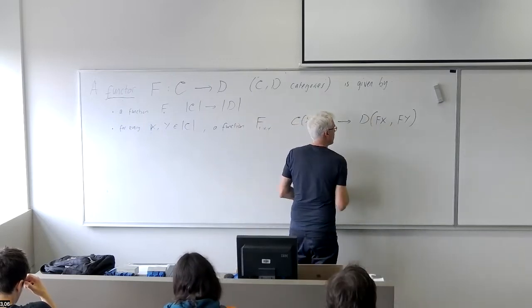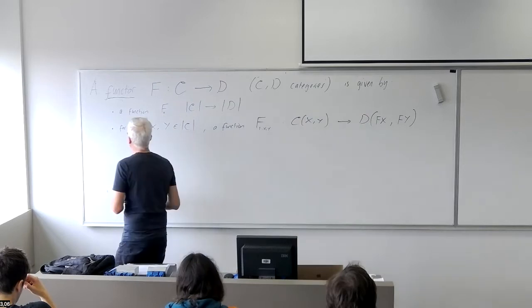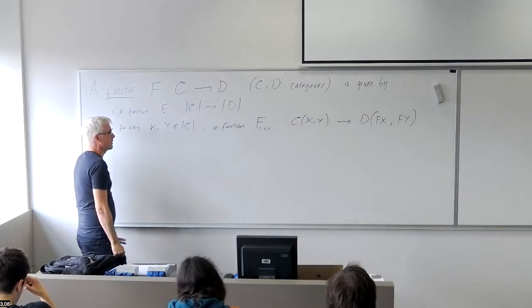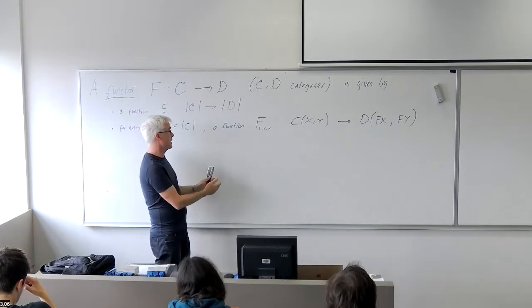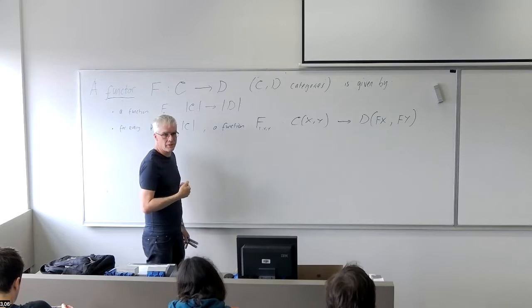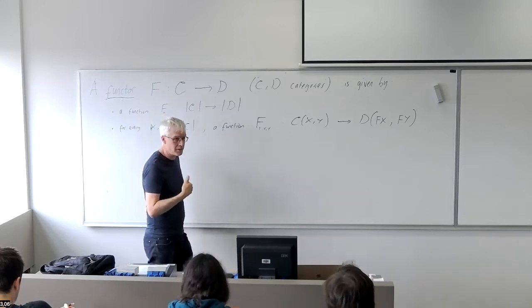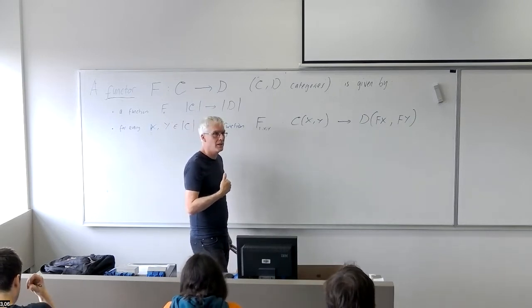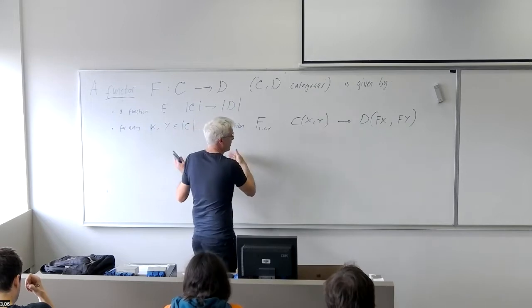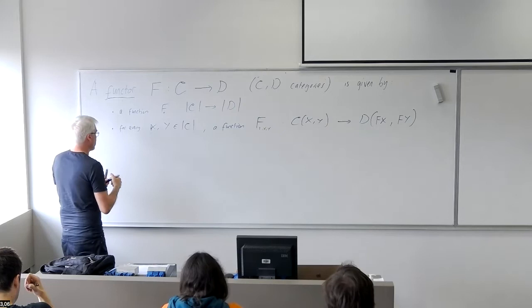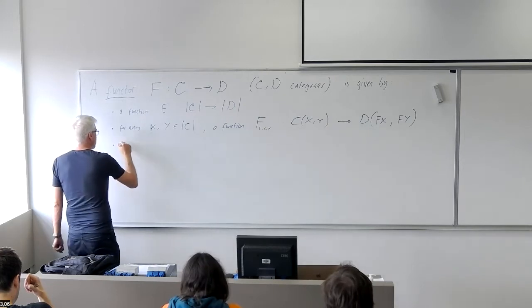Each one gets mapped to a map from f of x to f of y. And we're still ignoring something about a category here, is that a category had this data, objects, and morphisms, together with some further requirements that there should be the identity morphisms and that there's a composition operation. And so because we want to map the structure, to preserve the structure, we're going to require that we preserve those elements. So for every object x